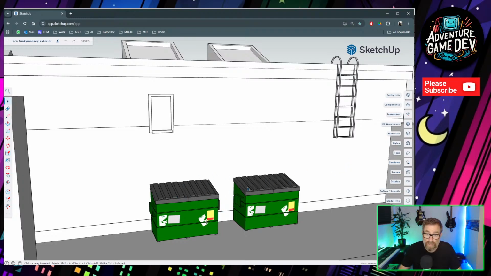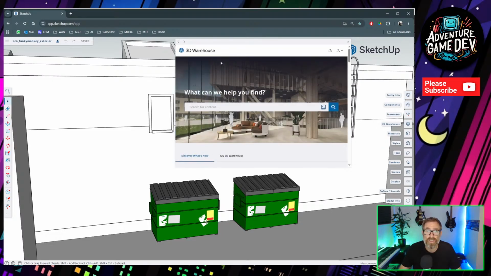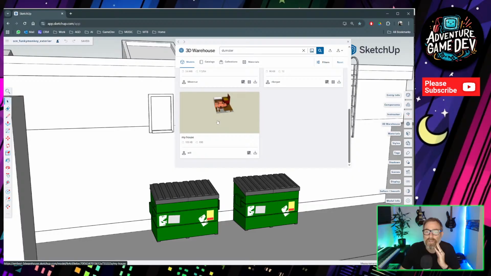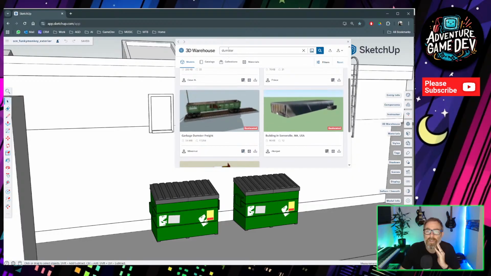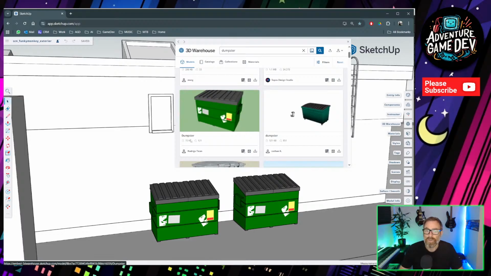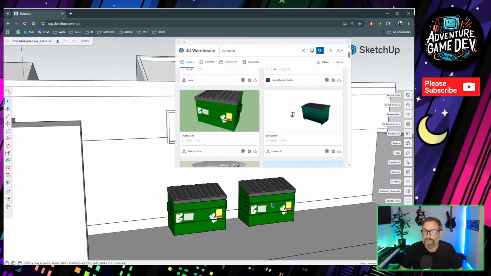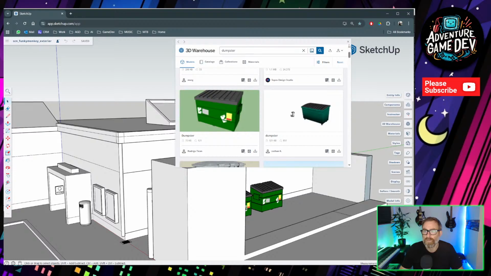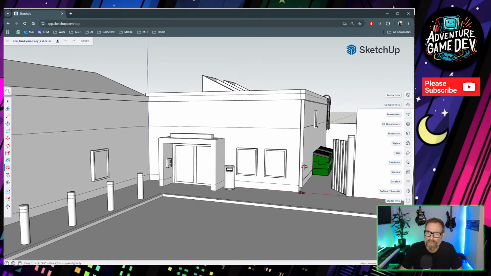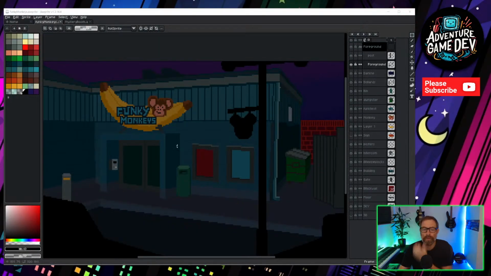And things like dumpsters, ladders. I didn't make these. It's a brilliant 3D warehouse on here. Again, completely free. You can literally just type in something like dumpster. You might have spotted this on the time lapse where I was doing this, and you'll be able to find a decent dumpster if I spelled it right. There we go. So you can see there's the actual one that I got. Hit that download thing and it pulls it into your model, and you can just manipulate that around. So really great just for laying things out, giving you a nice perspective and things. So yeah, have a go with SketchUp.